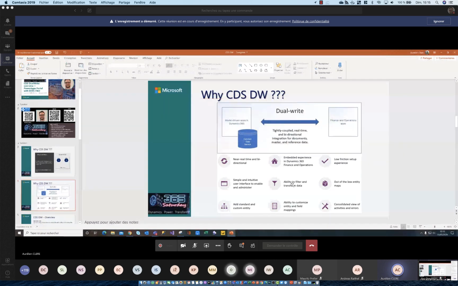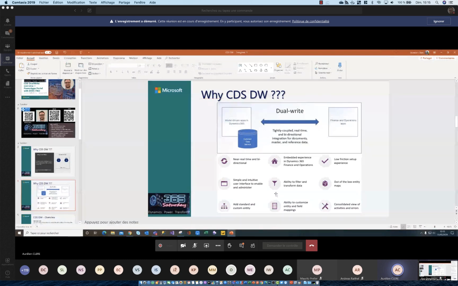And you can filter and transform your data. That is very important because, with the architecture I described, in CDS you have a field called currency, coming from the CRM, and in finance operations the currency has a certain process and certain metadata. This is not the same as the CRM.